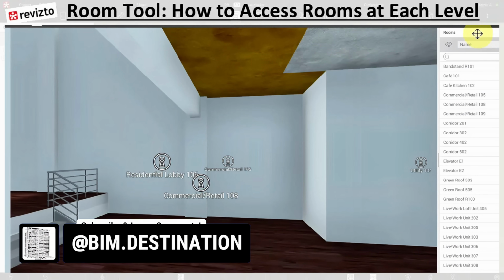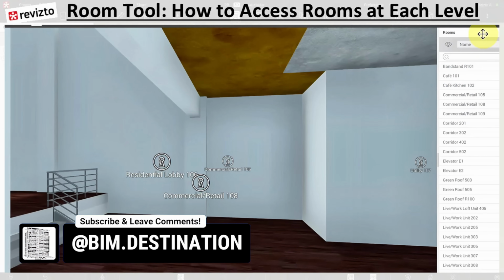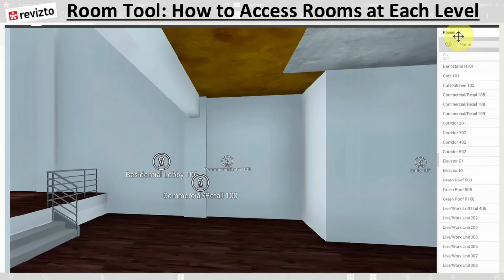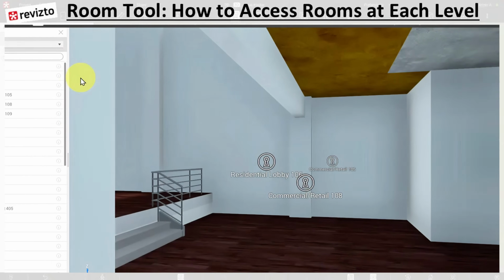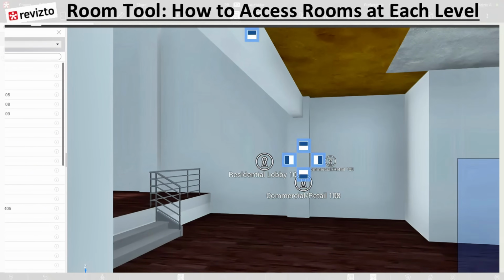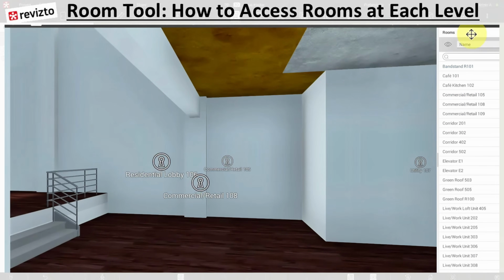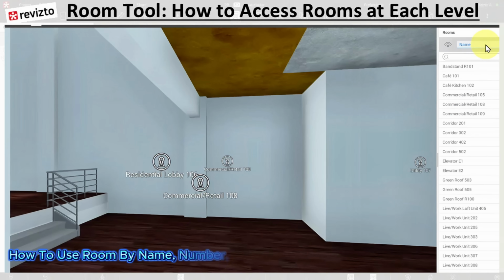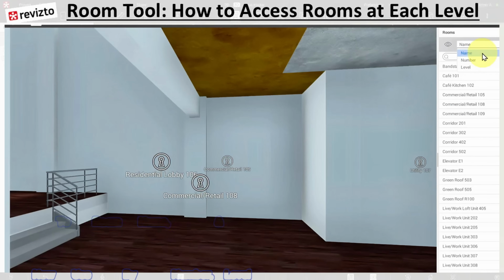This window can be docked anywhere you want. If you want to dock it somewhere else, you can just hover over the top of it, grab it, and dock it anywhere you want. For now, I'm just going to leave it over here. The first thing that you see is a drop-down with three options. You can select based on name, number, and level. Names is basically the name of the room, as you can see here: cafe, kitchen, commercial retail,